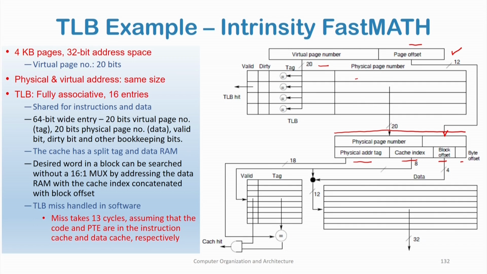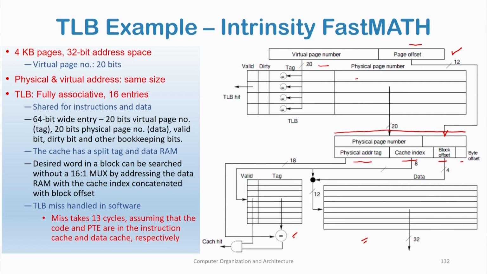And we said in the last class that we looked at a split cache in which the tag part and the data part of the cache were divided physically. Logically it is one cache, but physically the tag part and the data part are divided, and we said why